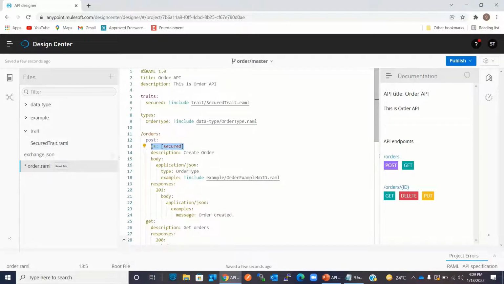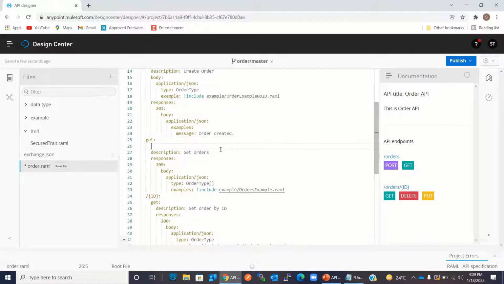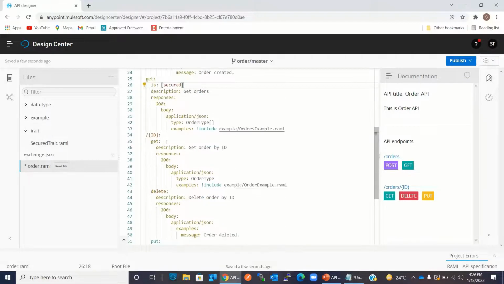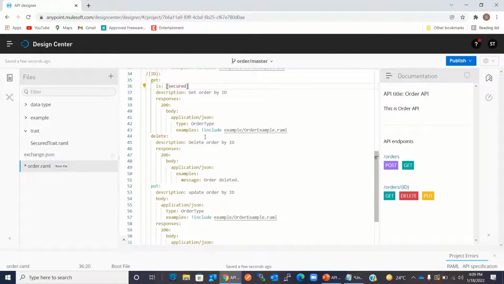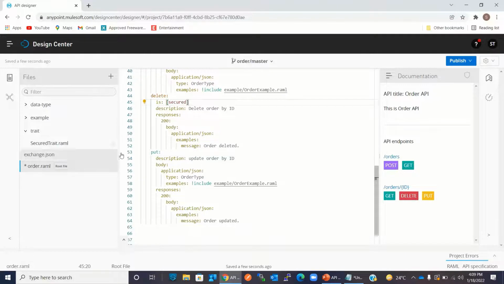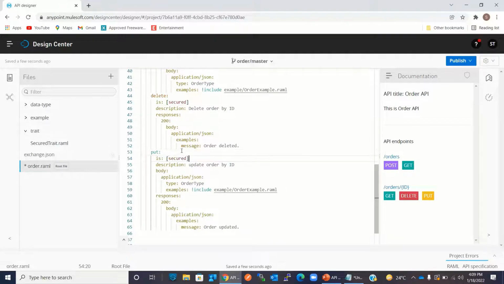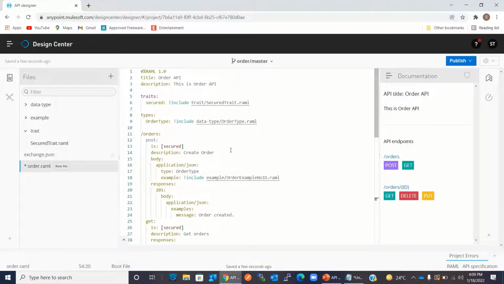Now I will apply this thread to all the methods. So I will paste it in all methods. Now we applied the thread to all the methods.